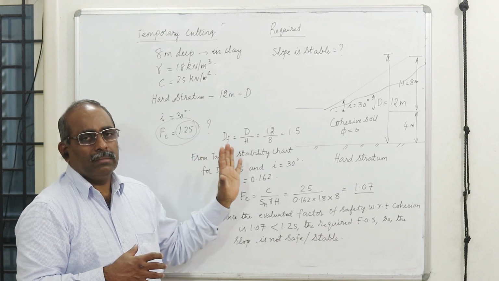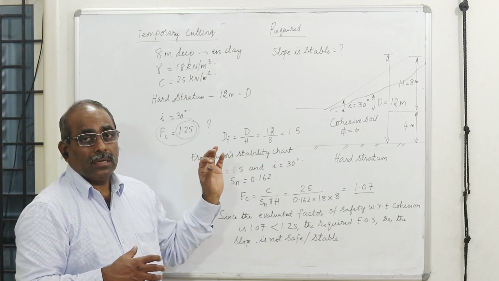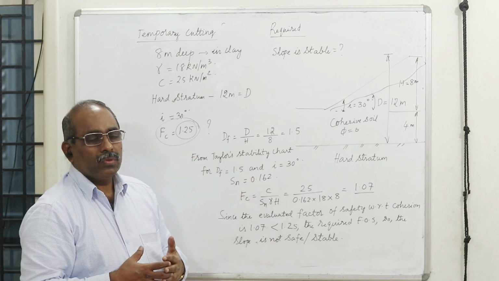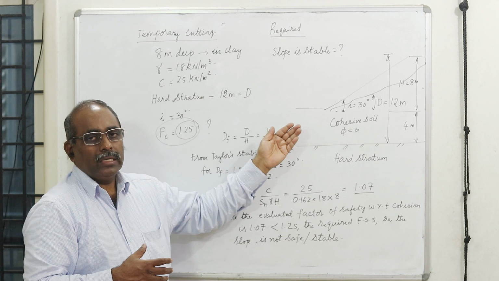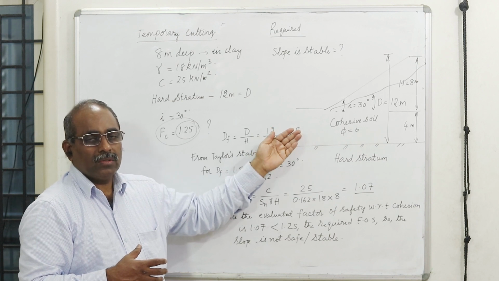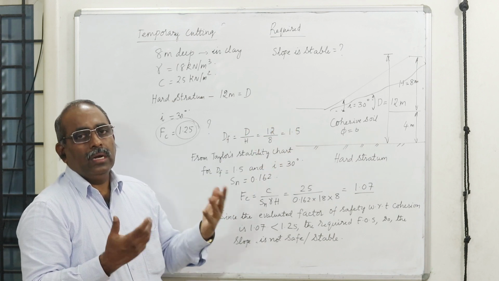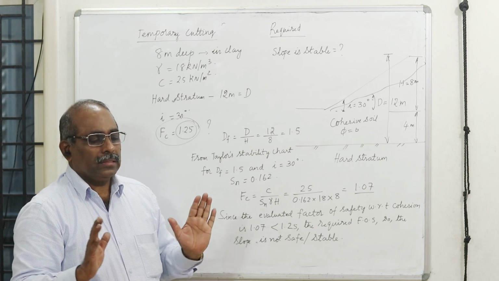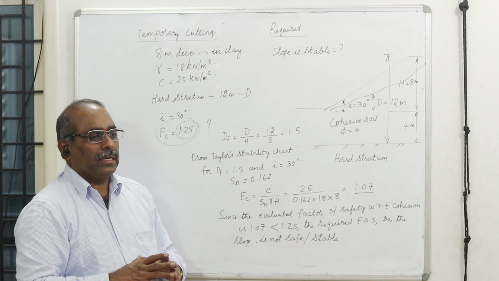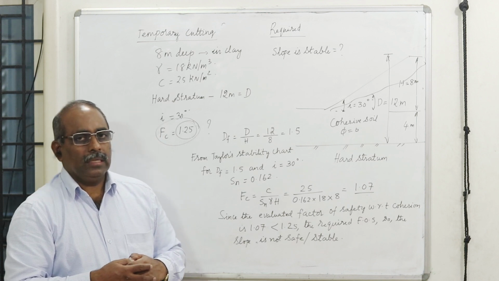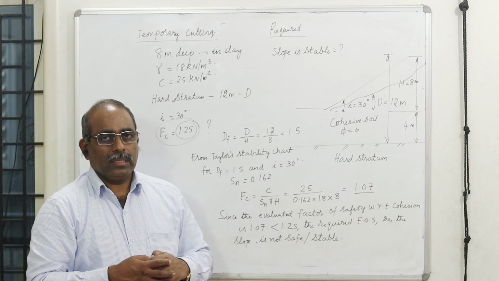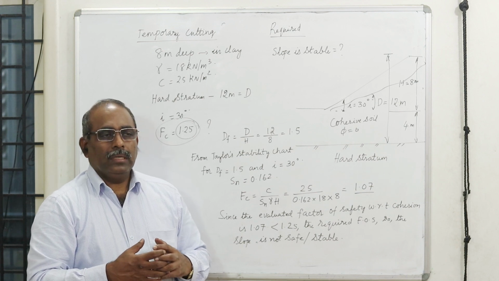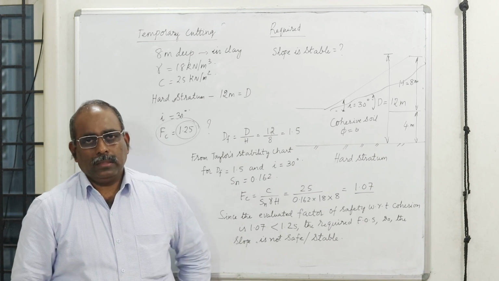And this is a very simple method. Really, he struggled with so many tries to develop that chart, and our life is so simple. We can either evaluate the factor of safety for an existing slope, or you can design a new slope for the required factor of safety. And this chapter is complete, and we will discuss the next aspect, the bearing capacity of soils, in the later sessions. And for this session, I think this is the end. Thank you.